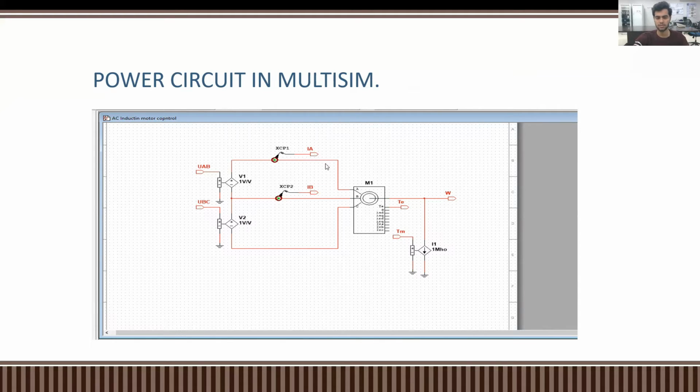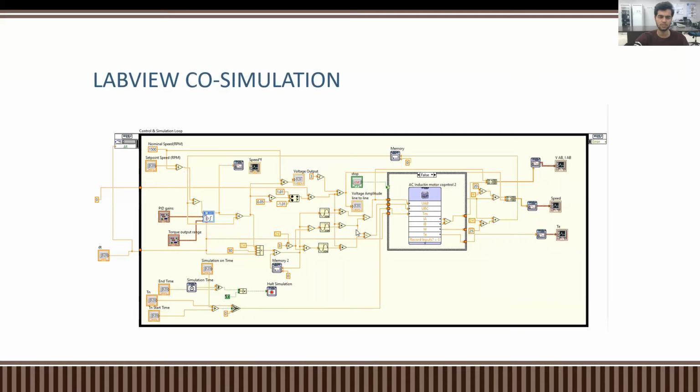We are giving a three-phase input to the motor, and we are finding its initial currents, and we are giving some mechanical torque as well, and we have the outputs like electrical torque and overall the power of the induction motor. And if we say the post simulation first, every induction motor has a nominal speed, and we have a set point speed, which means we need this amount of RPM at our output, at our induction motor, and there is a start time and end time. So we are simply giving a three-phase